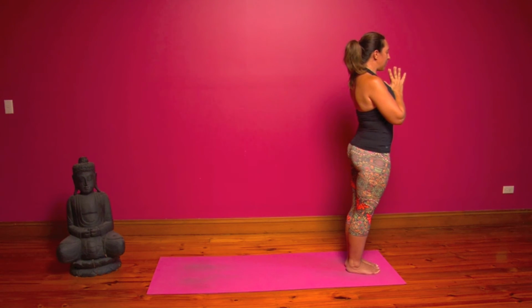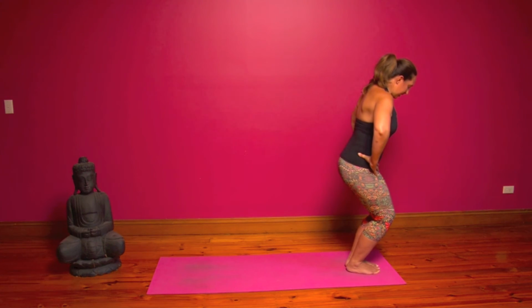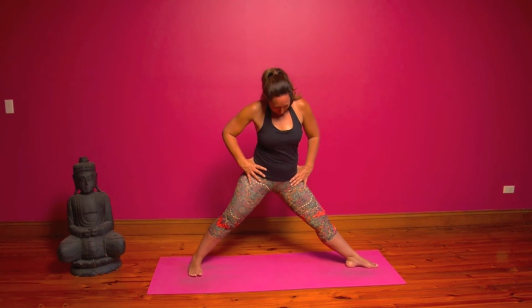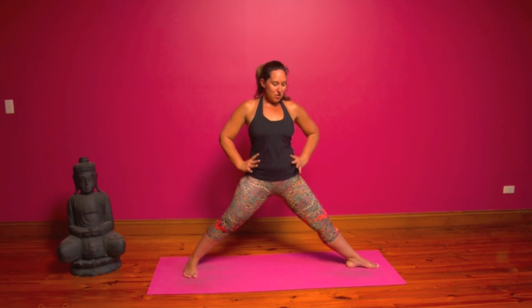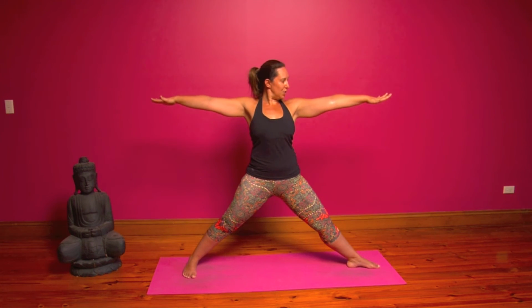As we move into our second side, we're going to open our eyes and bring the hands down onto the hips. And inhale, bend deeply, and then exhale, stepping that right foot back for a heel to arch alignment. So intermediates go a little bit wider, and then square the hips and roll the buttocks under. As we spoke about before, do that beautiful earth grab through your feet, and then harness the energy right up through the legs. Let it spread into your torso, out through your arms as you inhale, draw the arms up,